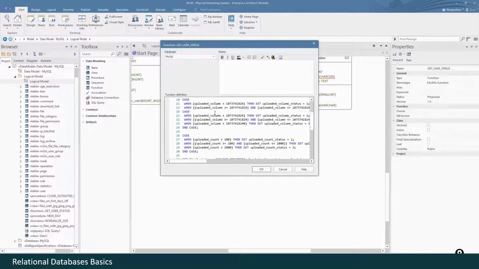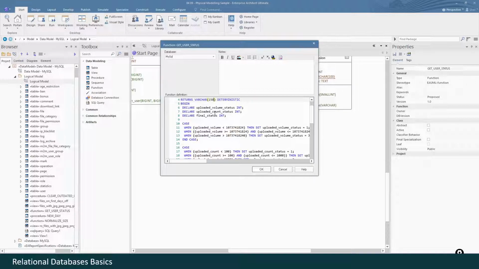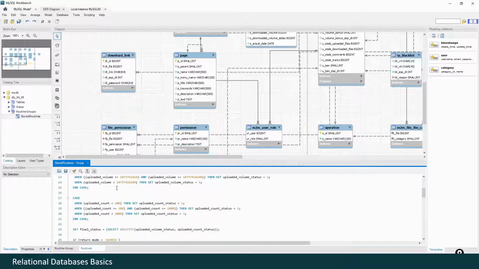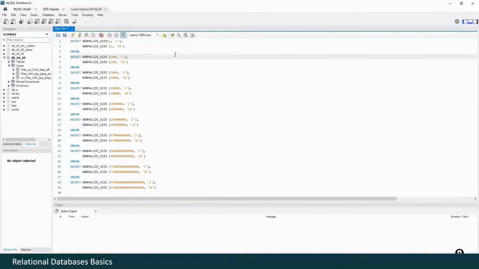And we may edit the code, and then Sparx Enterprise Architect will encapsulate this code into the final export for creating your database. With MySQL Workbench you have to create the stored routine group, and then you may place the code here. And once our stored routines are ready, we may just test them, check them.